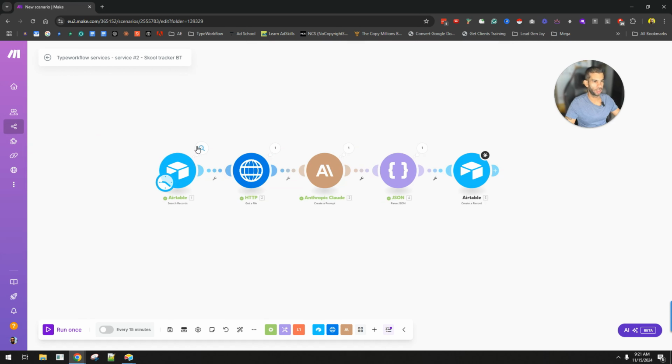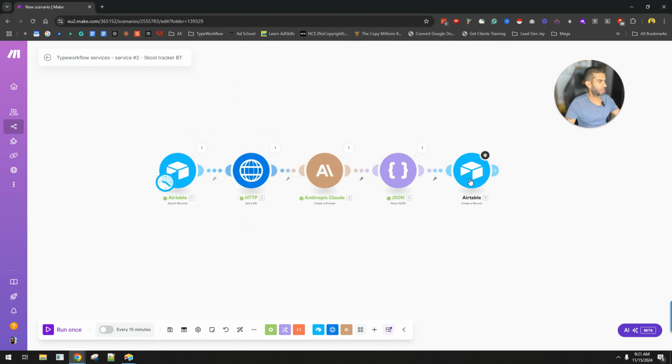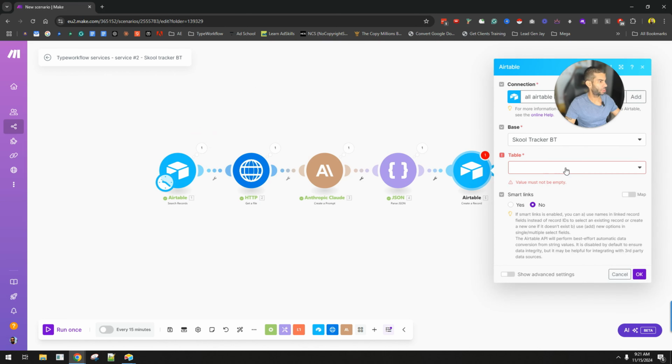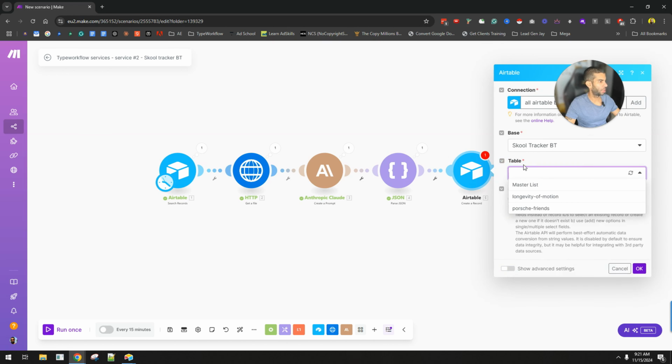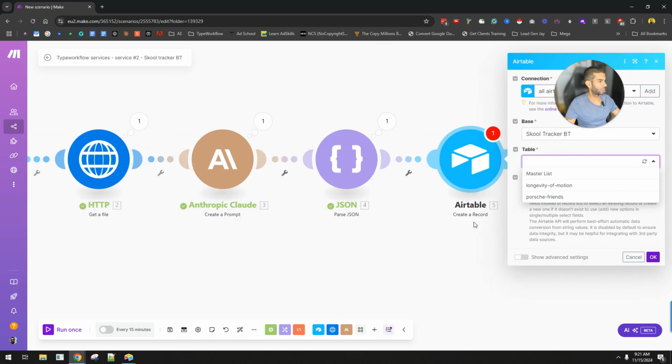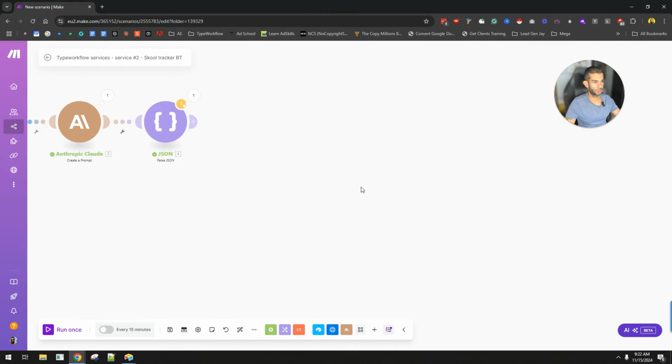I wanted to find that Porsche friends, which is the community. The insertion should happen automatically. I don't want to go here and keep choosing that manually. And unfortunately, there's no way to map this to a number using this create a record field. So what I'm going to do is